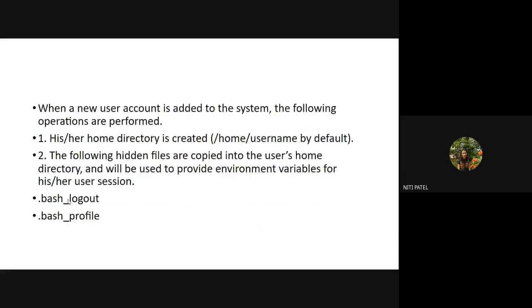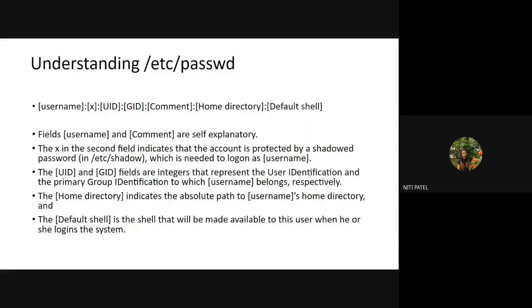Now, we had seen the individual contents of the password file, and we had also seen the individual contents of the group file. What was there in password? We had the name of the user. X means the data is being protected. Then we have a user ID created for that user, a group ID created for that user, and a special home directory created for the user with the same name. We also give a default shell, which is the dollar shell if it is a normal user. All these details are stored inside the password file.